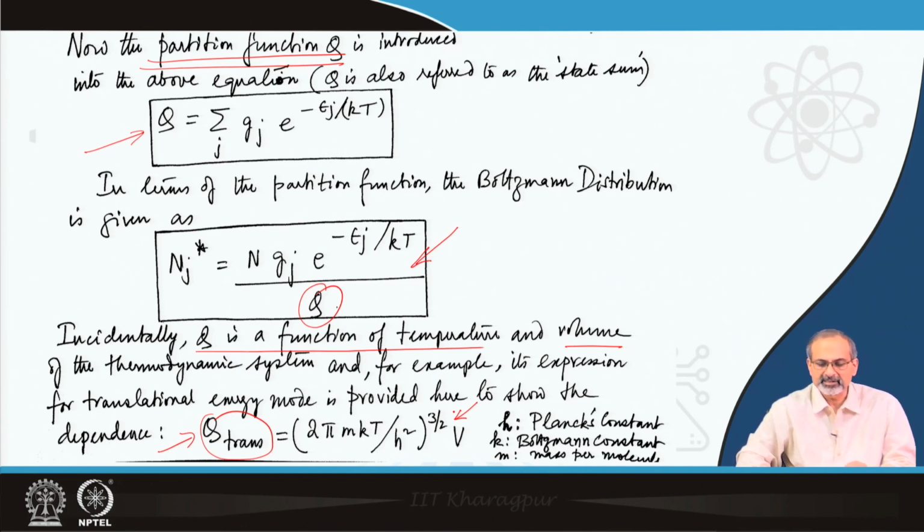We have an additional constant here, that is h, which happens to be the Planck's constant, and V